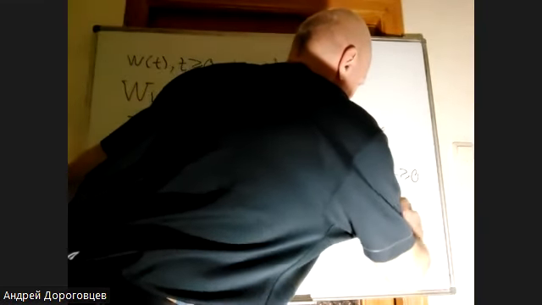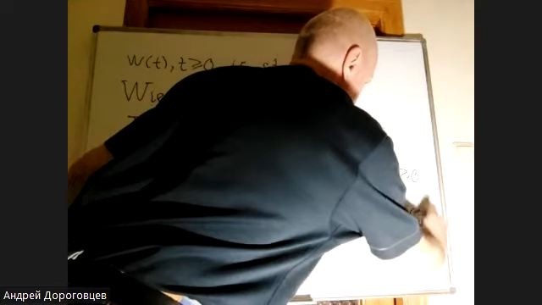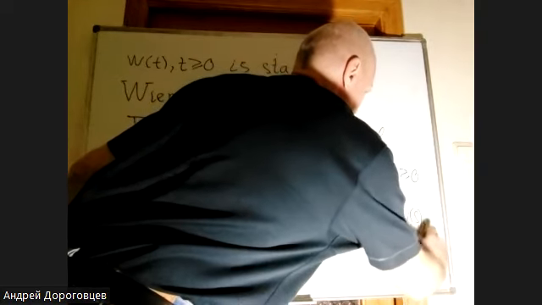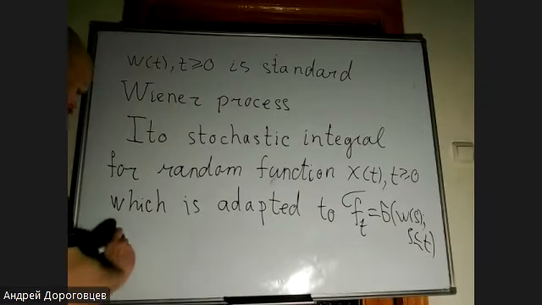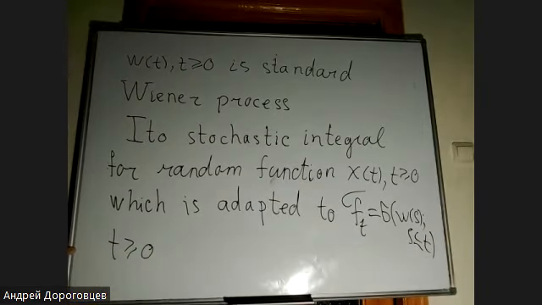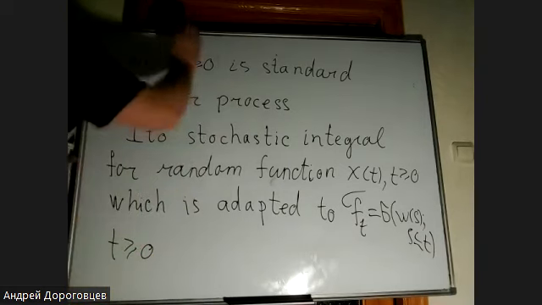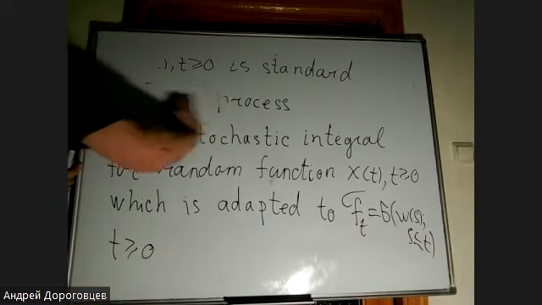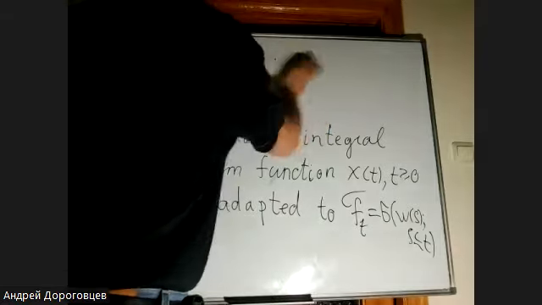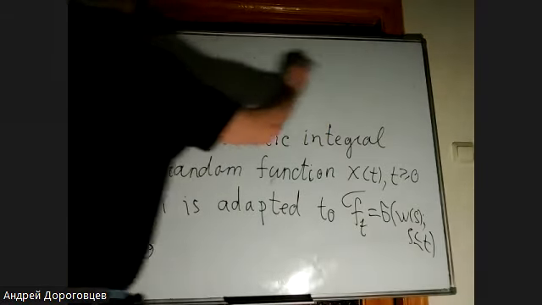This is a sigma field of the past of the Wiener process up to the moment t. So one can consider the Ito stochastic integral